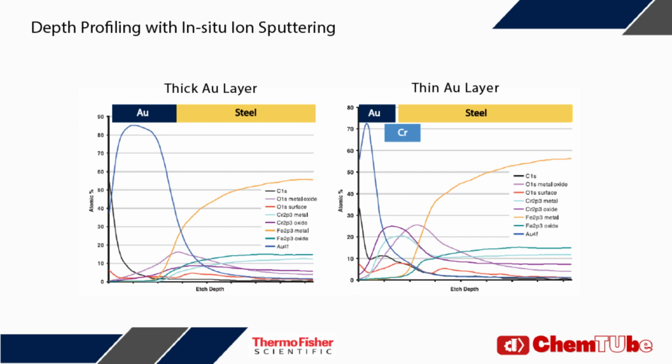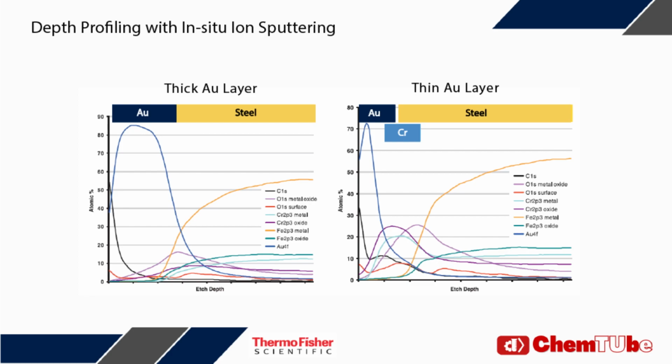Ion sputtering involves bombarding the surface of a sample with high-energy ions, such as argon ions, to remove a thin layer of material. By performing XPS analysis at different depths after each ion sputtering event, researchers can obtain a detailed picture of the surface composition and electronic structure as a function of the depth of the material. This can be particularly useful in studying thin films, interfaces, and other complex surfaces where the properties can vary with depth. Here, an example is shown of depth profiling with XPS.